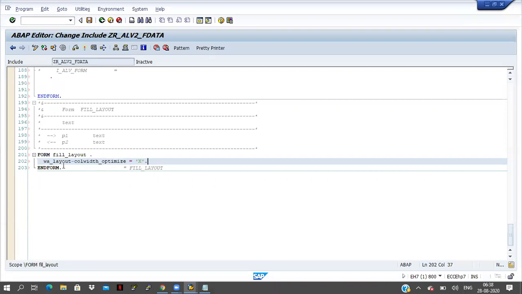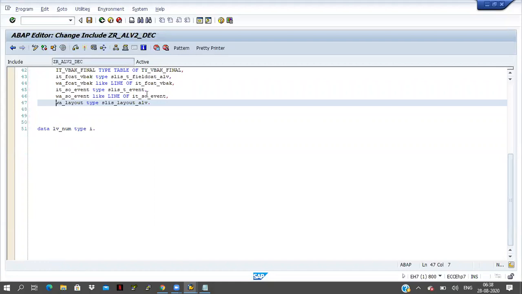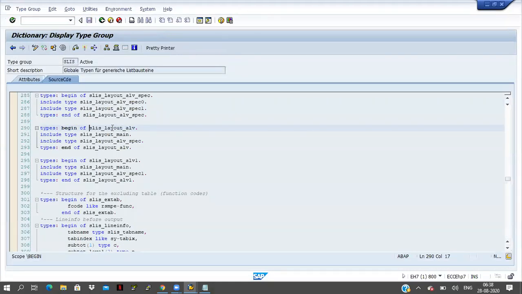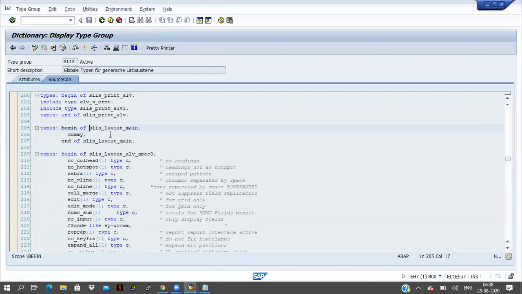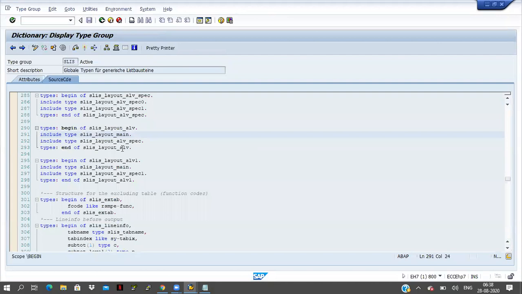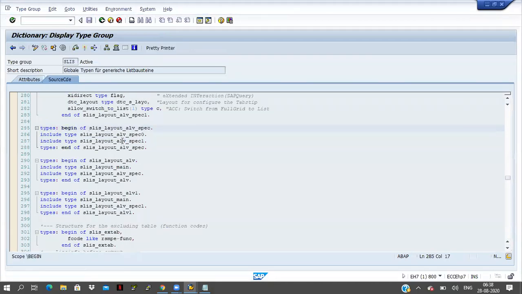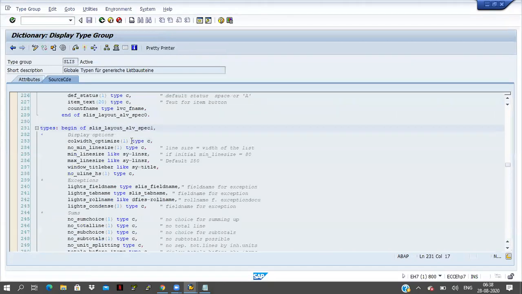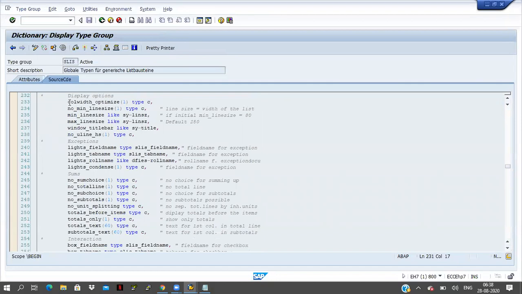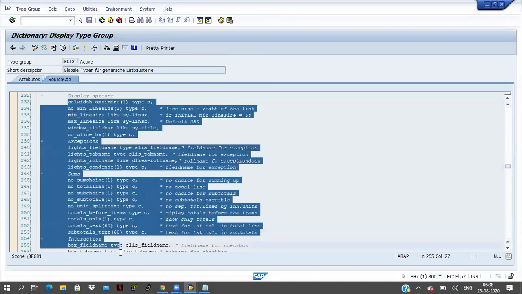If you double click on the structure name, I want to know how many fields are available in this work area. A lot of fields are available, and we will discuss them one by one.